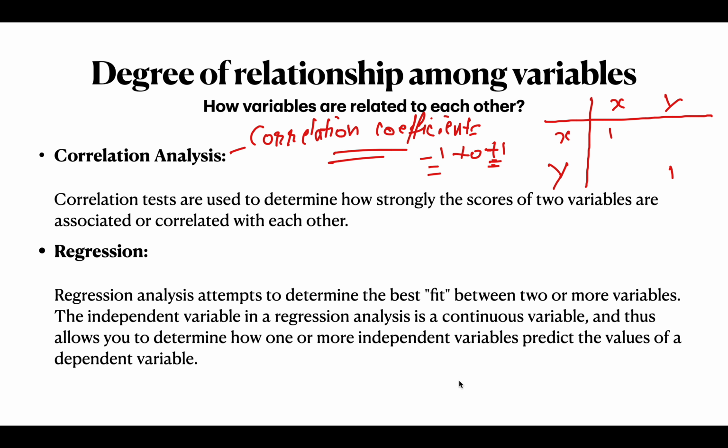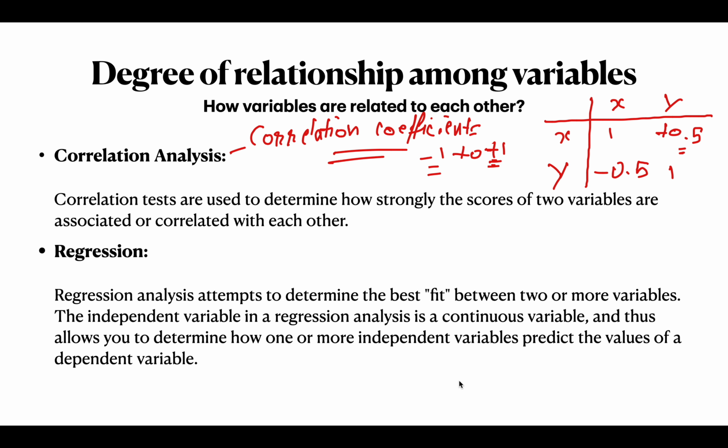So the correlation coefficient basically gives us values which show how variables are related to each other. Here we might have, let's say, minus 0.5, and then here it will be plus 0.5. So this is the correlation coefficient. This is called correlation analysis. We also draw heat maps with the help of this. I will not go into that much detail. We will see it further if that's in your course.